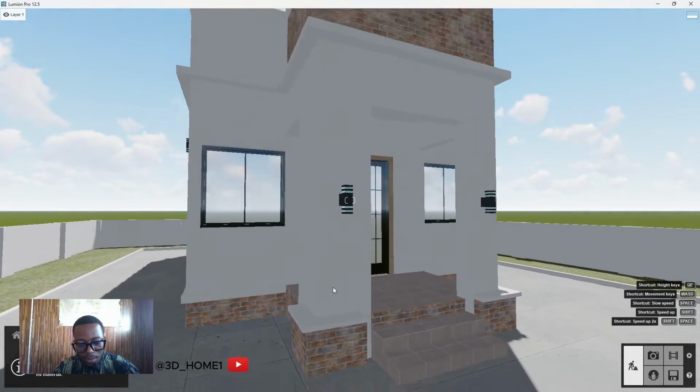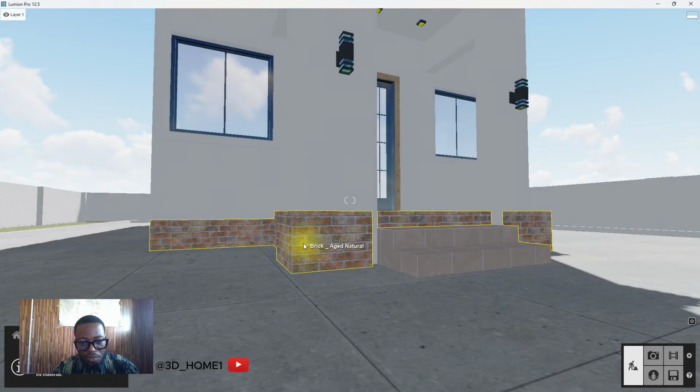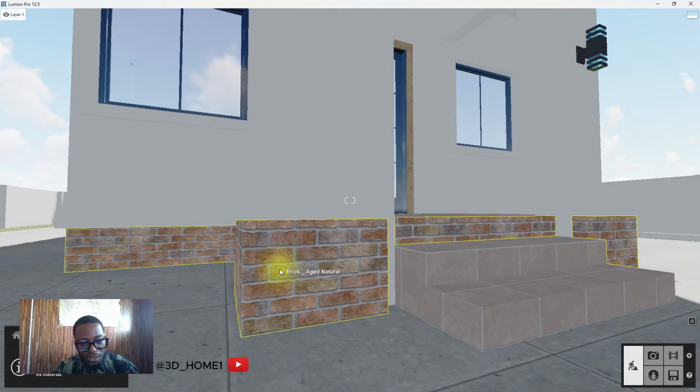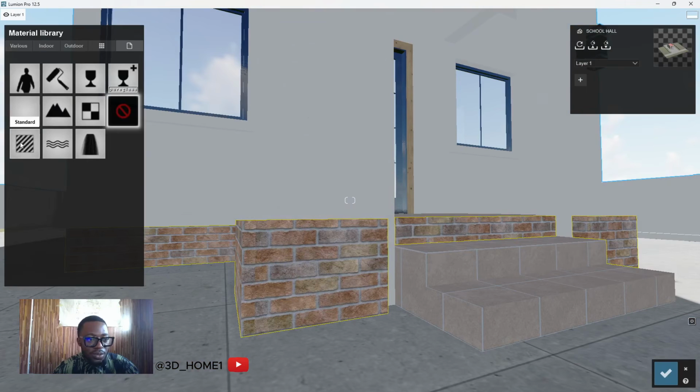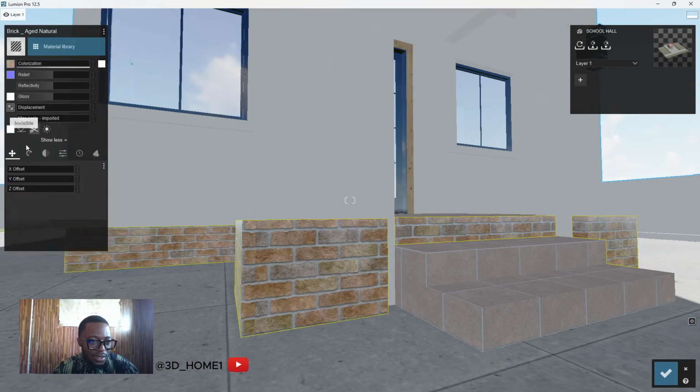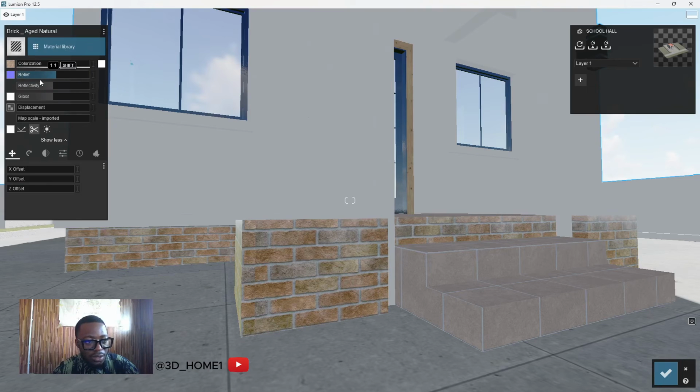And for this brick material, you can decide to keep this brick, or you do a little settings by clicking on standard and maybe increasing this relief. This relief will make this thing look a bit sharper. And reflectivity, if you don't want it reflective, you can actually reduce it. Okay, but instead of this, I think we should choose the normal linear material. So let's just go to